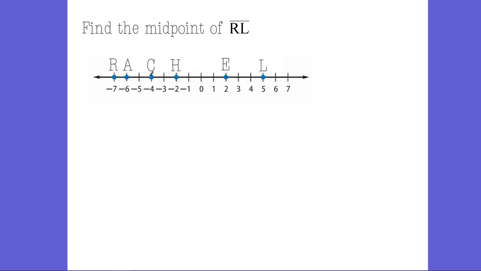So since the endpoint R is at -7, from -7 to 0 is 7, and then from 0 to 5 is 5. 7 plus 5 is 12. So the length of RL is 12. So the midpoint is going to be halfway in between R and L, and the half of 12